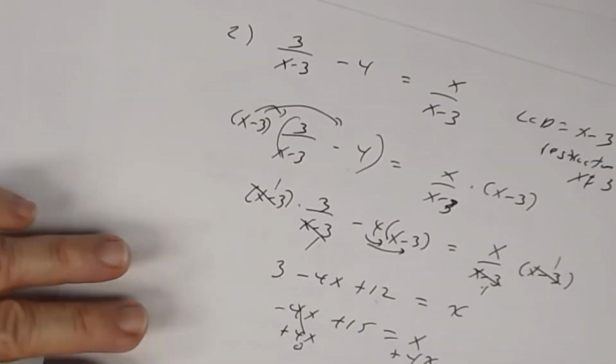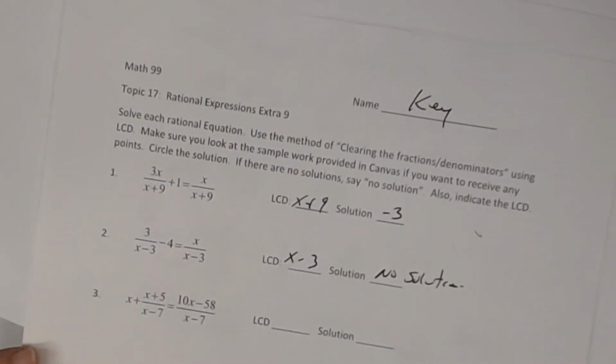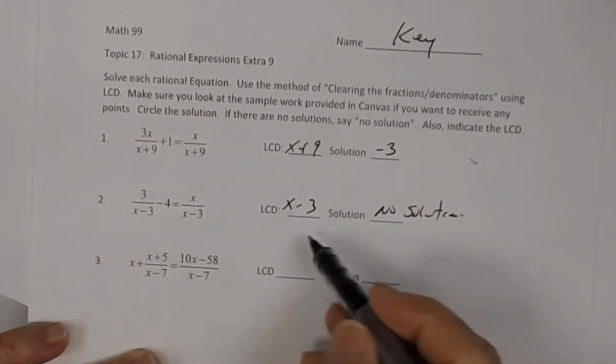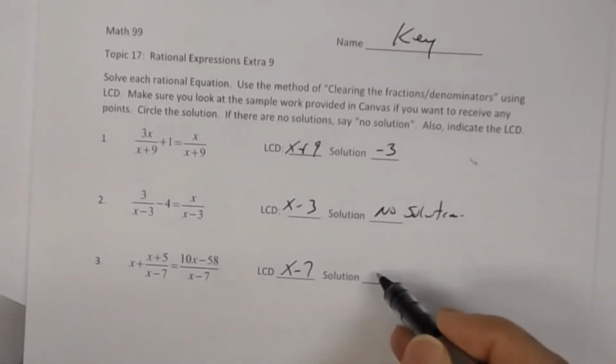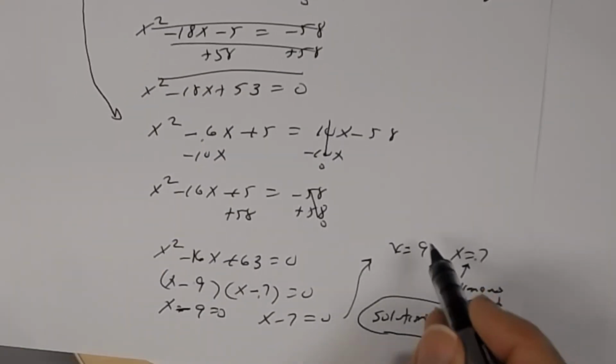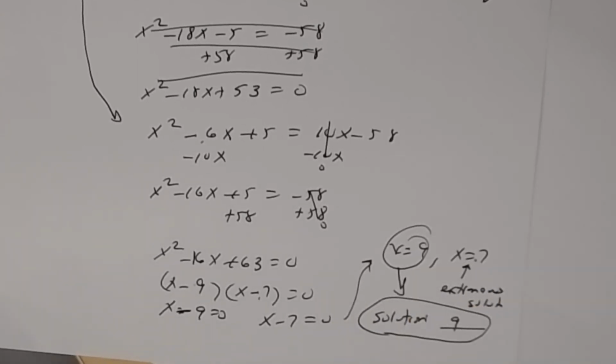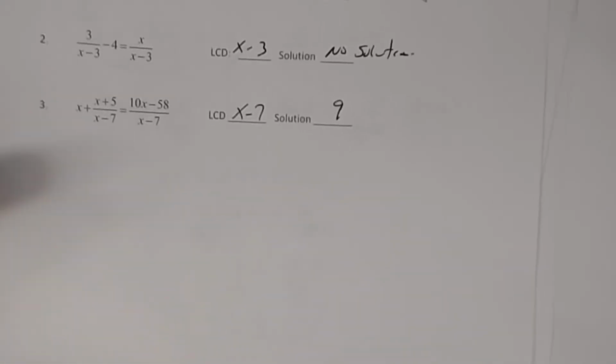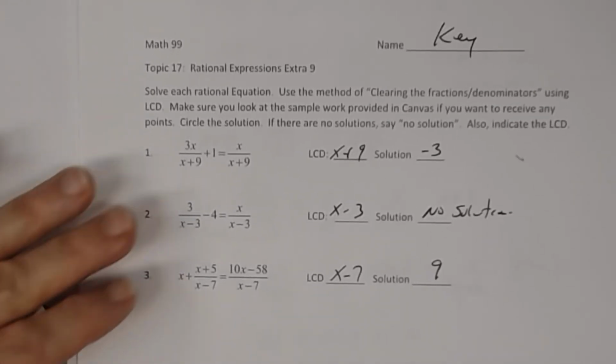Okay? All right. So that is the key to the worksheet called Extra number 9. Now remember the LCD here was x minus 7, and the only solution here is 9. All right. So that's what you write. Don't say anything else. The only solution is 9. Okay. So remember this right here is an extraneous solution. So this is the only solution. All right. So that is the key to worksheet extra number